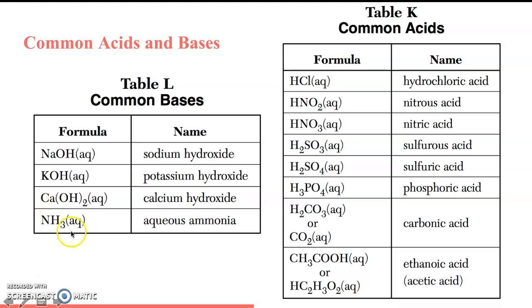NH3 is the only other substance that you need to recognize as a base but does not have a hydroxide ion in it. Again, we come to table K. Most of these acids start with hydrogen. So again, they're going to produce those protons when dissociated. Our exception being our COOH, ethanoic acid, down here that you